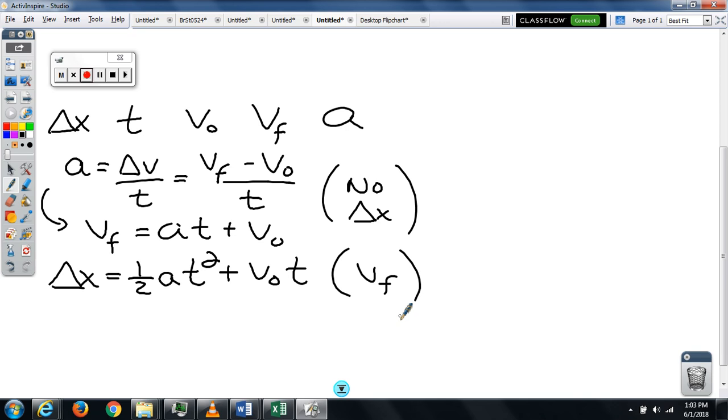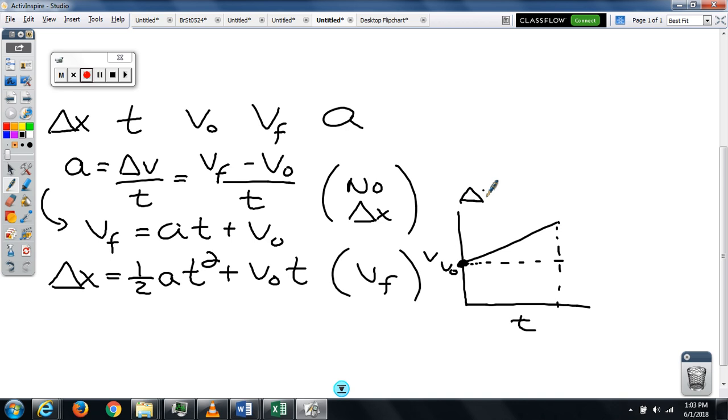So if you remember where we derived this equation from, it's a velocity-time graph where we started out with some initial velocity, v0. Delta x on a velocity-time graph represents the area. So to find the area of this, you need to do v0 times t, and then the triangle is 1/2 of